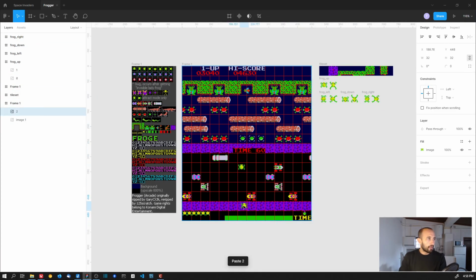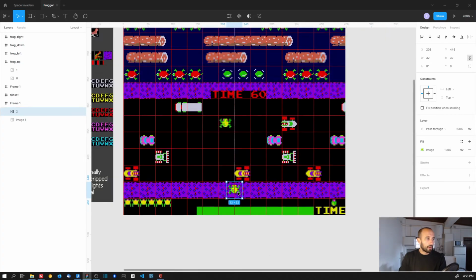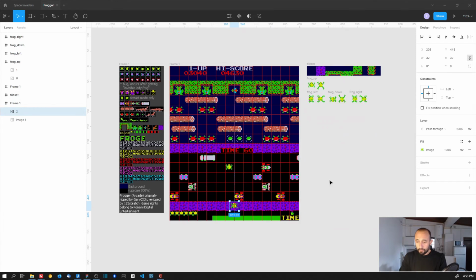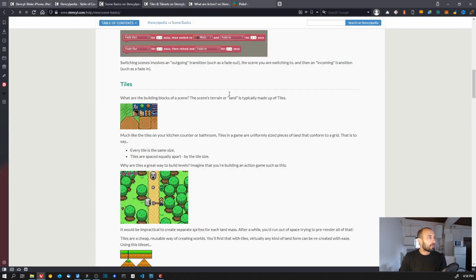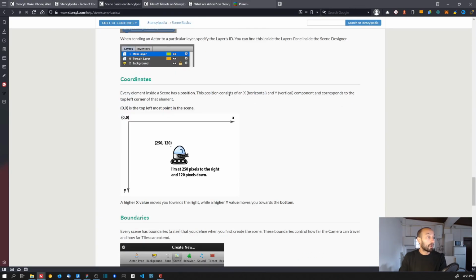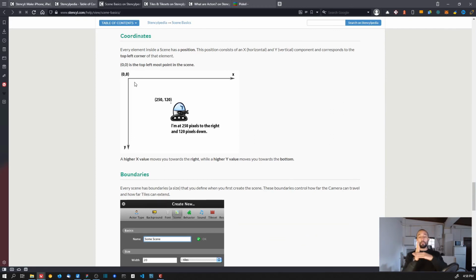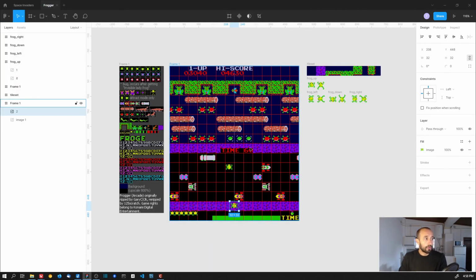So you know that the frog is going to be exactly in the middle. I think it starts exactly in the middle, right here. And one thing to notice, at least if you were following the tutorial on Scratch, is that understanding the coordinate system is really important to position the sprites correctly. On Scratch, I don't know if you remember, but the center point of the game area was in the middle. You have the X and the Y, and the center point is in the middle. In this case, the center point is on the top left corner. So this is the position 0, 0, and the bottom right corner is going to have coordinates equal to the width and the height of the game area, which is the same as